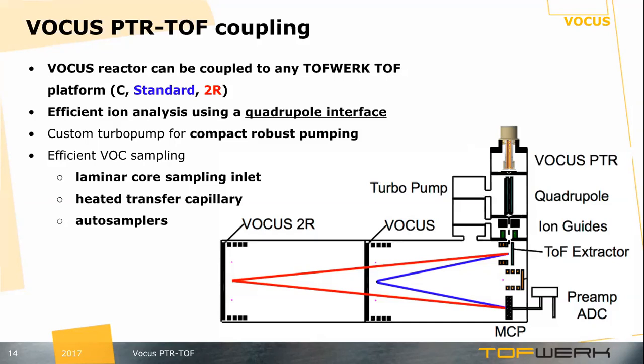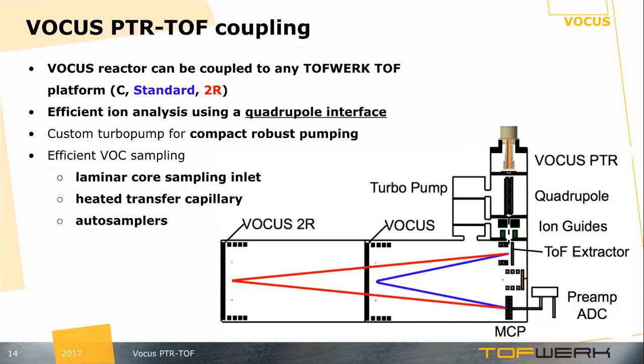So the efficiency with which you leave the reactor is one constraint on your sensitivity. If you don't make it out of the reactor efficiently, you'll have a low sensitivity. But similarly, if you get out of the reactor but you don't make it into the TOF efficiently, then you will also have a similarly low sensitivity. And so by combining these two quadrupole fields, using the Vocus RF field and the quadrupole field to basically remove the neutrals and pull the ions as they go into the TOF, we're able to make this overall process very